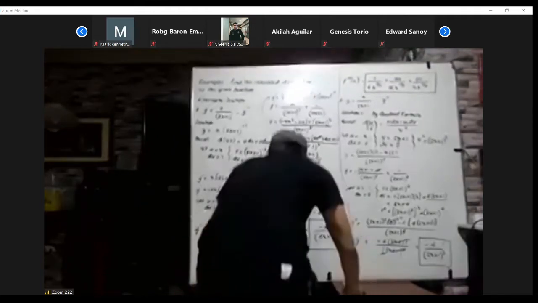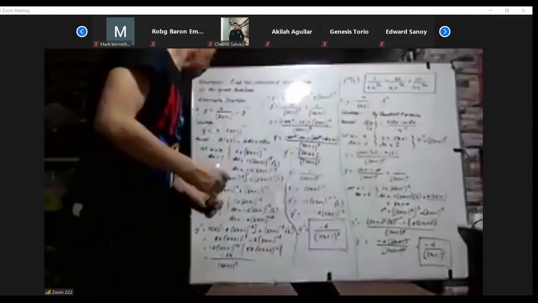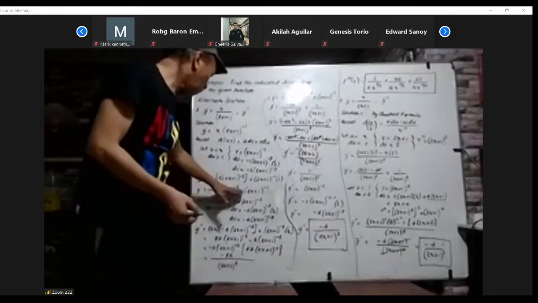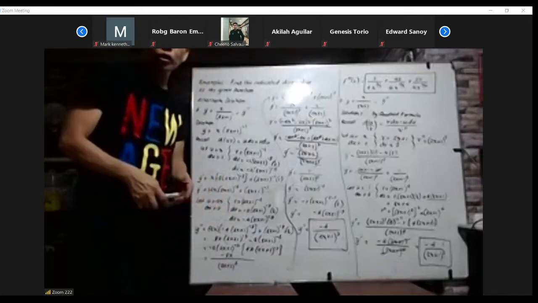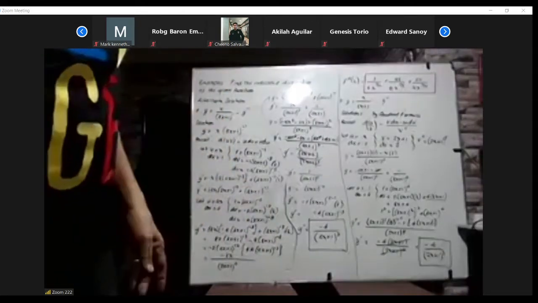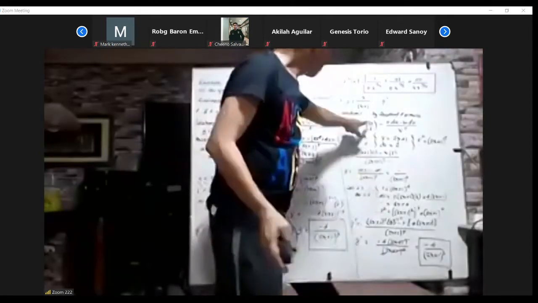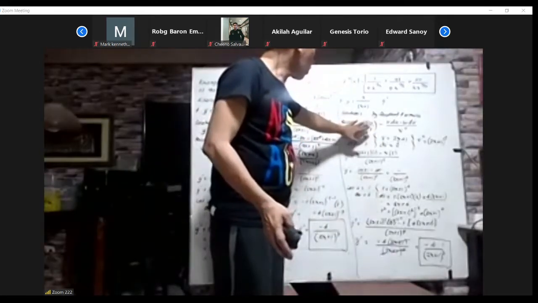Okay, the reason why, kasi tuloy-tuloy ang ginawa natin. Hindi natin muna simplify isa-isa. Tuloy-tuloy siya. And remember, itong formula na to, this is very important, guys, yung quotient formula because